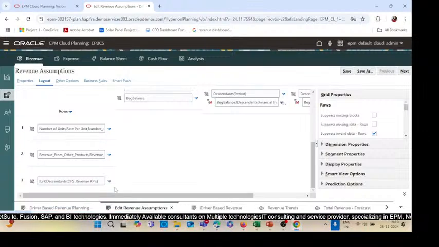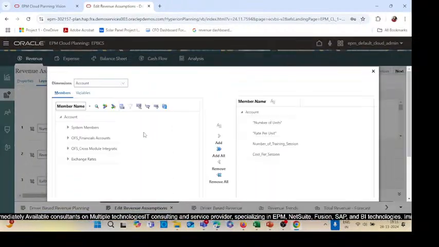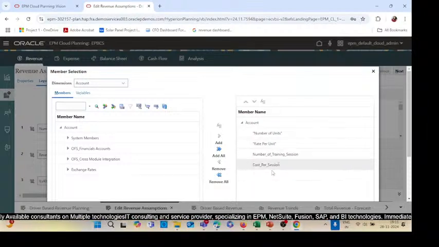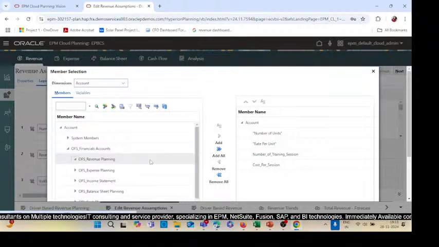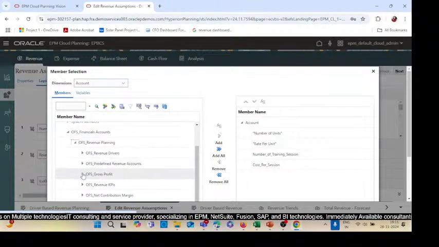From here also you can change the rows and columns if you want. Click on add it. And then click on the number